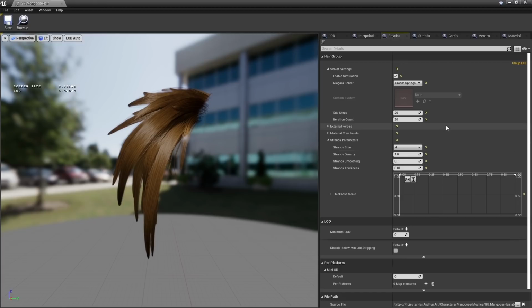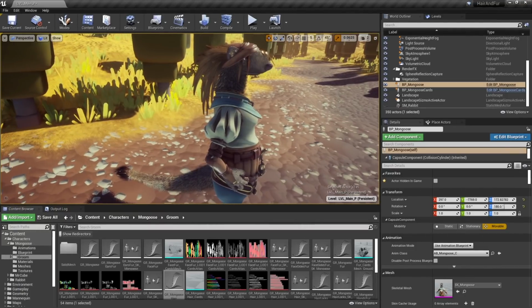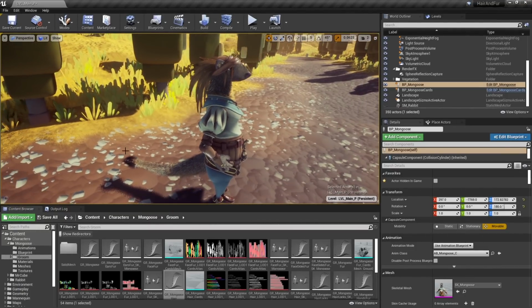We also can set up the hair constraints. So I do have it enabled and tweak the bend constraints here in the hair by raising up the stiffness and keeping the damping relatively low so the hair will preserve the silhouette. So I wanted this spiky shape to be consistent. I wanted to experiment with different settings, and in that case I wanted to have, for example, in the tip of the tail the hair more fluid and loose, and in the hair more consistent.